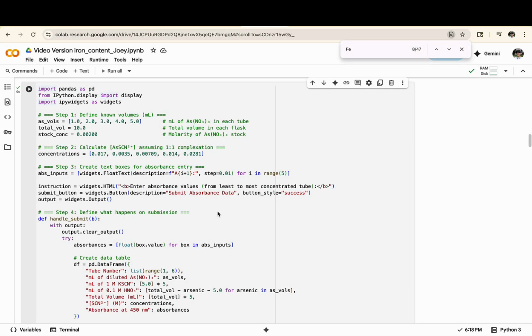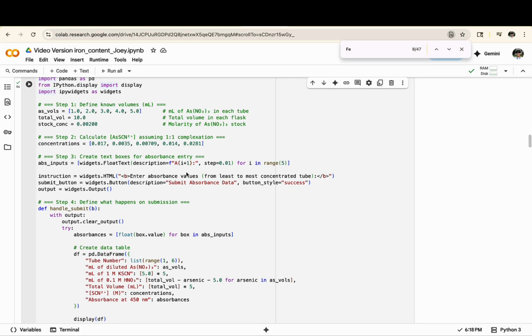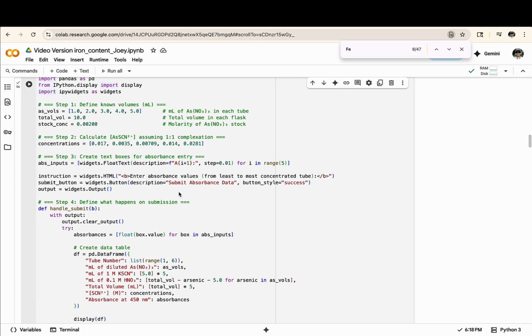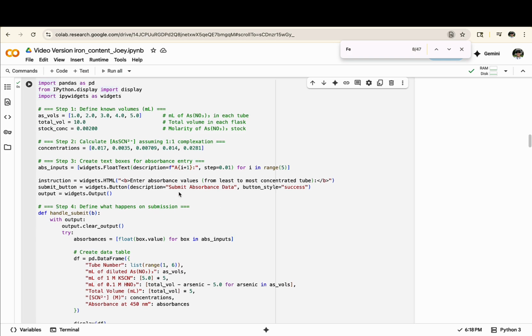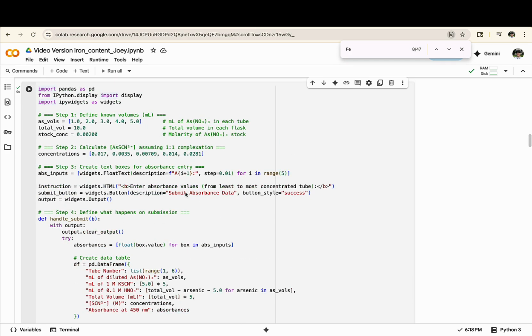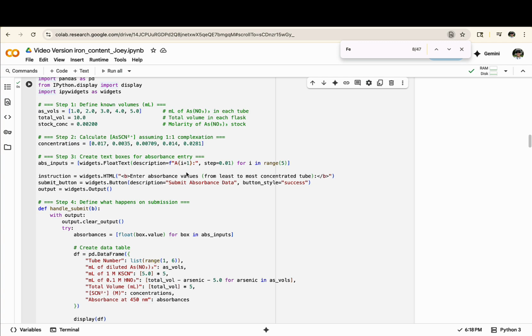Once we've calculated the concentration of our standard dilutions, as we did in the previous video, we need to measure the absorbances of these samples at lambda max. For our samples in the lab, lambda max will be measured at 450 nanometers. But for this example, we're measuring absorbance of a different compound, right? It's an arsenic compound. So that's naturally going to have its own lambda max, and it's also going to have